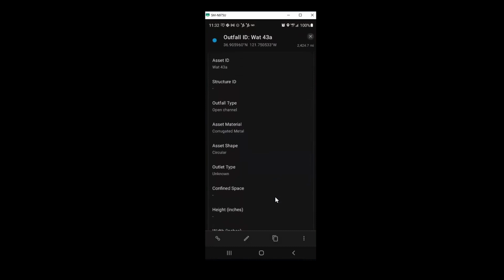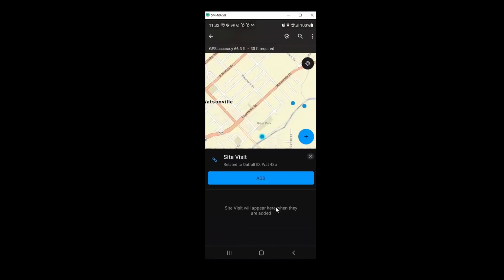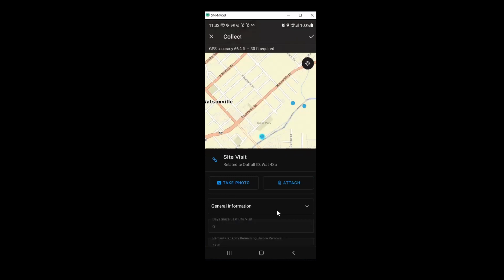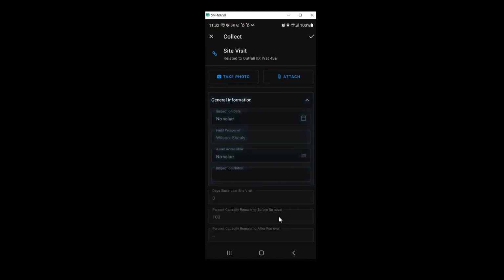We get an outfall ID. We can go down and see basic information and perform a site visit. We can take photos, attach any files,